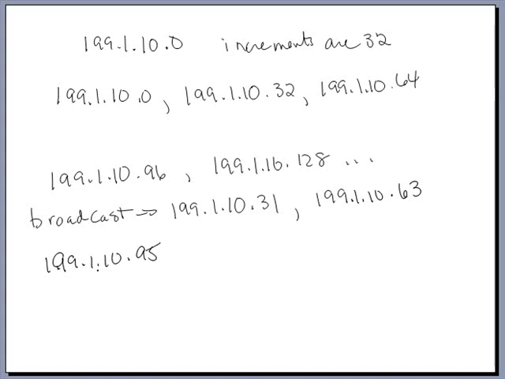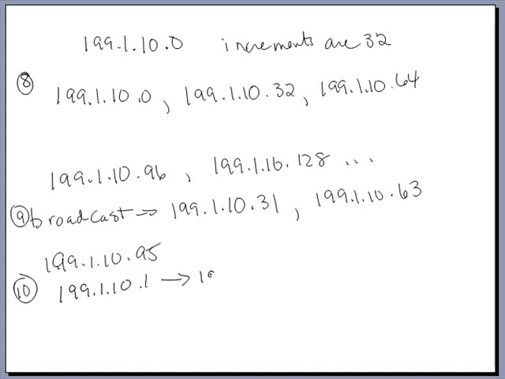Then step 10 says use the remaining addresses for the hosts. What is the range of hosts on each subnet? So what we're not going to do is use the first one or the broadcast address. So that was question 9. For question 10, this is question 8. What we're going to do now is, since my first one goes from 0 to 31, I don't want to use those. So the range for that is going to be